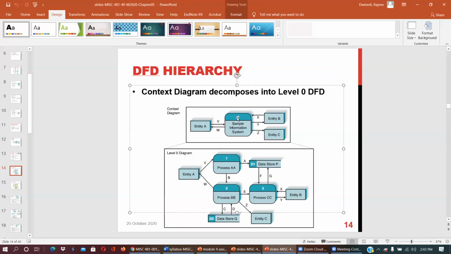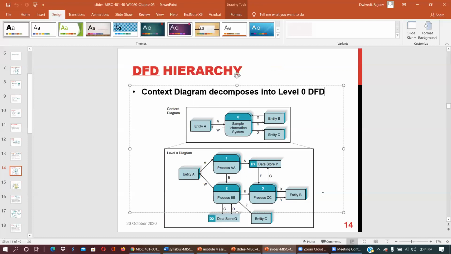So simply, this is how an internal information system has 3 processes: process AA, process BB, process CC. It has 2 data storage, D1 and D2. And these are the 3 entities, entity 1, 2, 3. So this sample information system has 3 processes, 2 data storage, and 3 entities interacting with it.